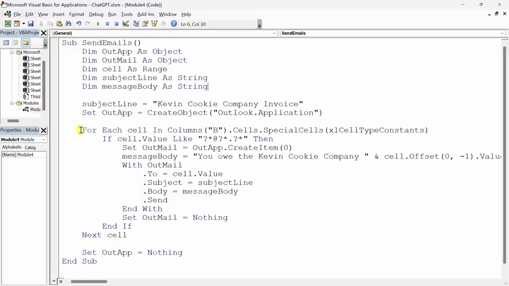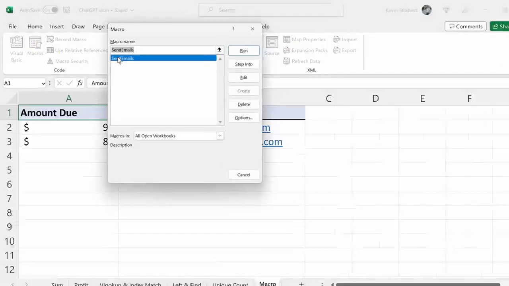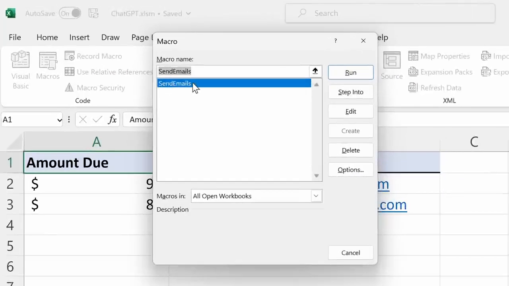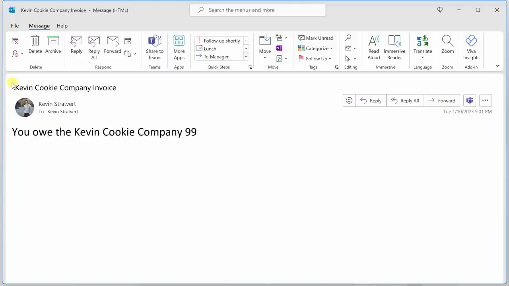All of this looks good here, so I'll click on Save up above, and then let's click on the X to close this out. Back now in Excel, on the Developer tab, over on the left-hand side, let's click on Macros. And here we see the new macro Send Emails, and I'm all ready to run it. Here, I'll click on Run. And that has now successfully sent out the emails. Let's go to Outlook to confirm. And look at this, here's the